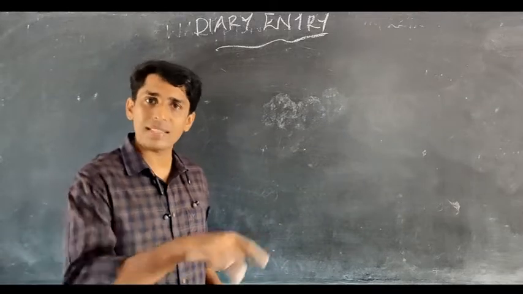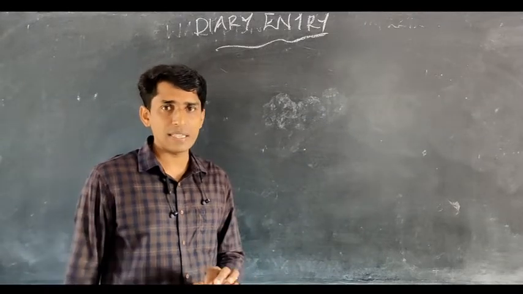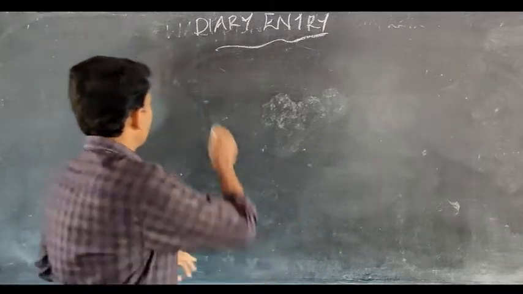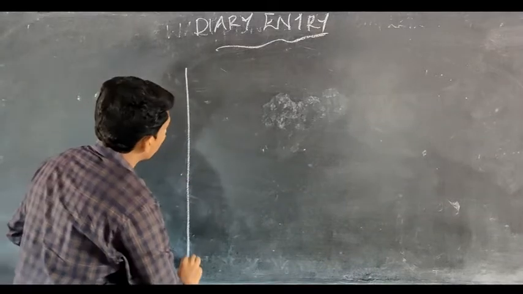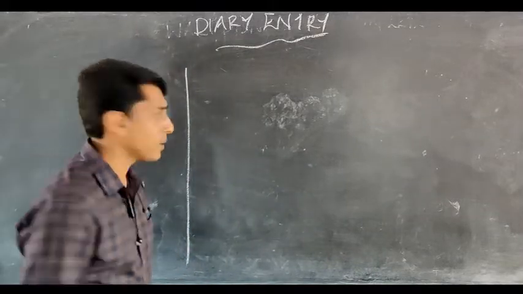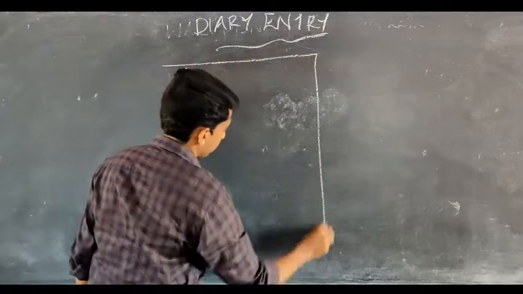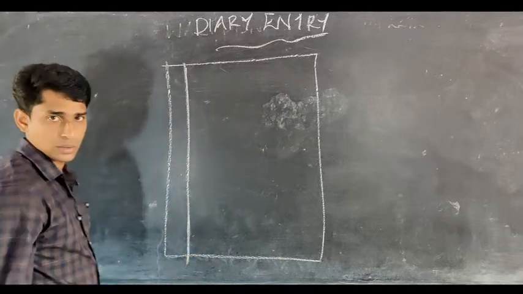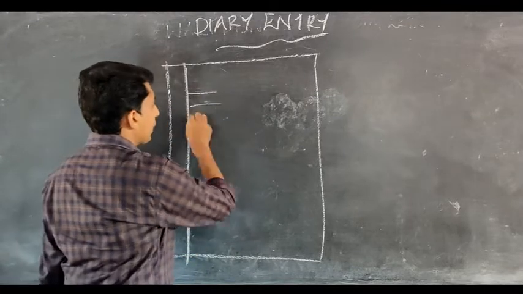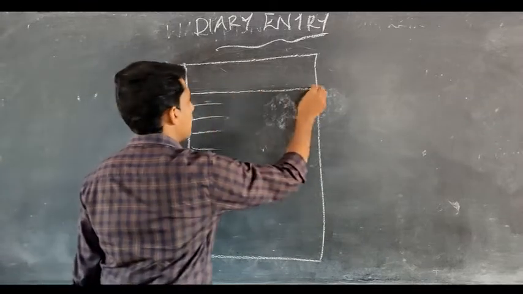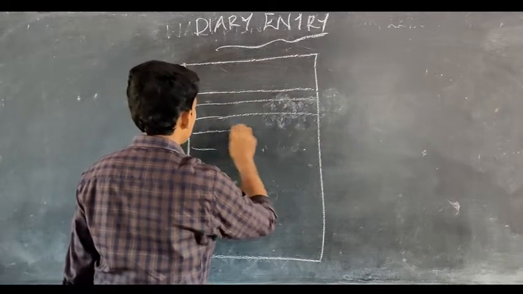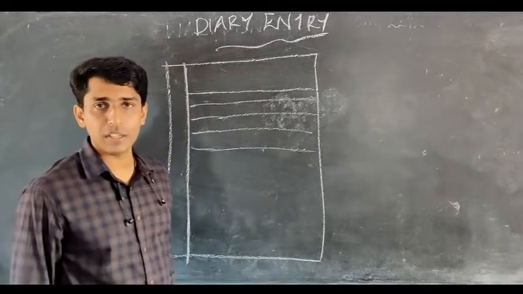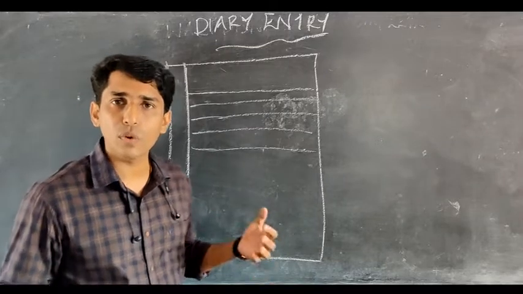So imagine how we write a diary. We will just see an example. One example is given in the chapter, on page number 68. From there you will get an idea. See, this is the margin of your notebook or when we get an exam paper. Imagine this is the paper, and there is a margin like this, and here are lines. We write a diary here. So for the examination also you should follow this method.